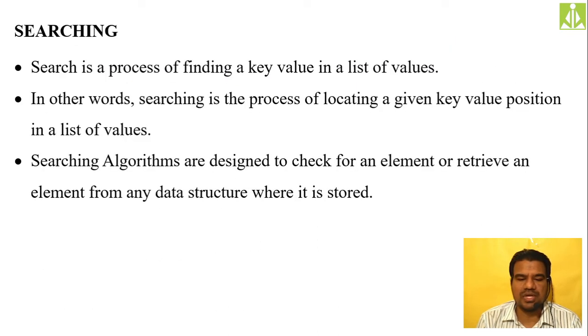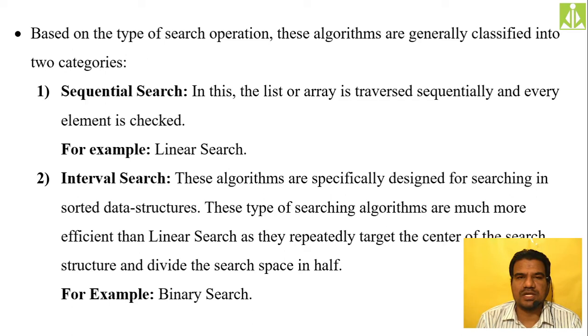So quickly, searching we discussed. We said it is of two types: linear sequential search and interval search. Interval search is nothing but your binary search. In every iteration, we make the list half and we repeat the same process until we find the element, or the list will have only one element. In two cases we stop our searching process. The first case is when the first element exceeds the last element.